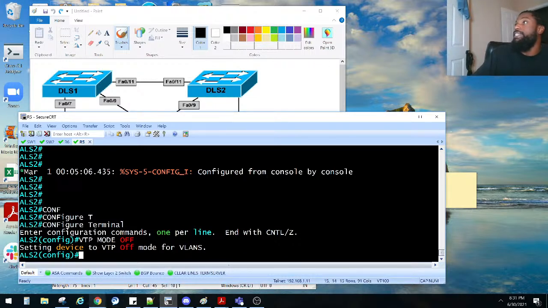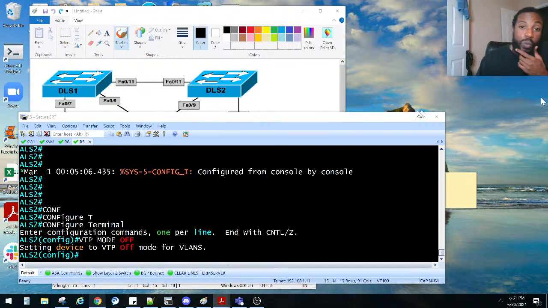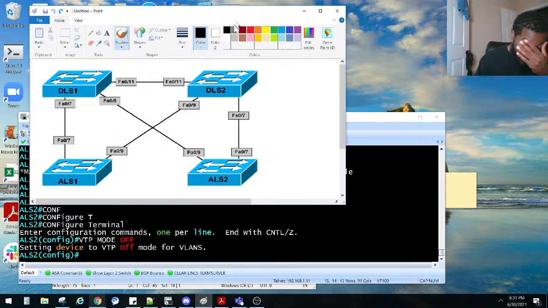Task 2, we only got 6 tasks. Task 2, configure trunking on the switches so that all ports are explicitly trunking, and DTP should never be used on any of these ports. Y'all remember what DTP is, right? Dynamic Trunking Protocol. So it's a way for us to, out of the box, the switch will automatically form trunks with